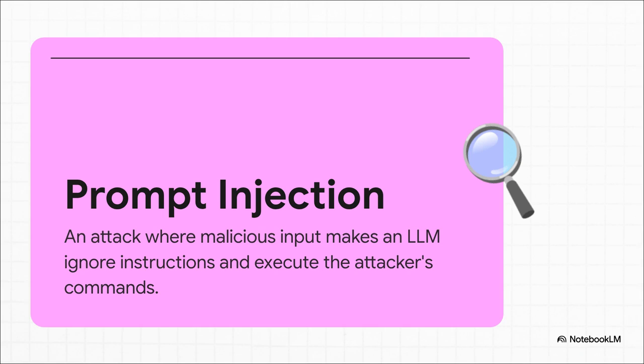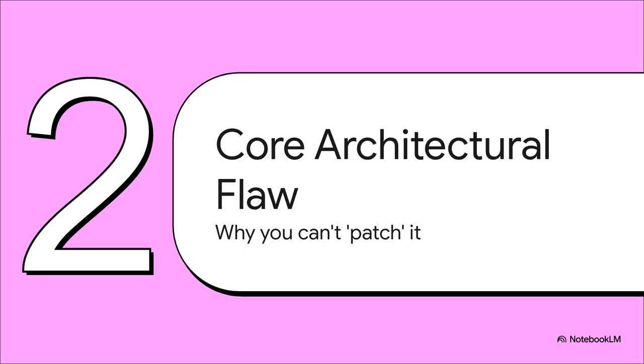So what are we actually talking about here? Well, in a nutshell, prompt injection is when an attacker uses clever input to make an LLM ignore your instructions and follow theirs. It's basically a hostile takeover of your application's brain using plain old words. Now this is where it gets really interesting and, frankly, a little scary. This isn't a bug you can just find and patch. No, this is a vulnerability that's woven into the very fabric of how today's LLMs are built.